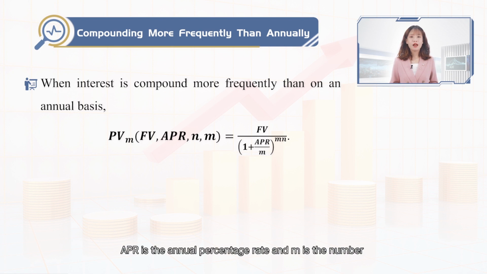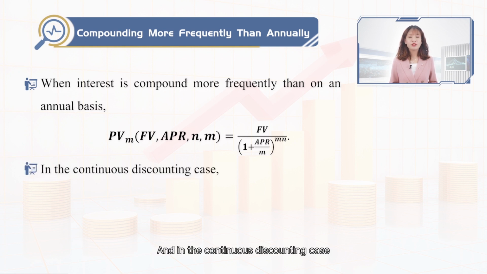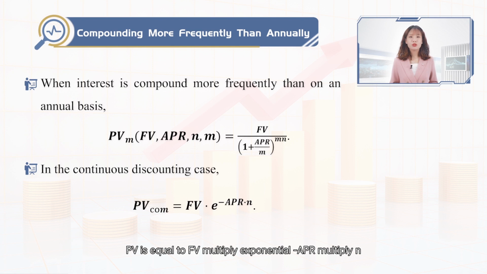Here, APR is the annual percentage rate and M is the number of compounding periods per year. And in the continuous discounting case, the present value formula is PV is equal to FV multiply exponential minus APR